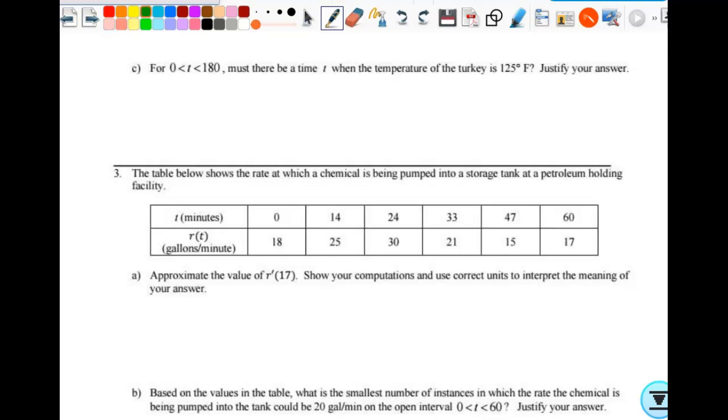What is it that we're talking about? The turkey. The temperature. Is temperature continuous? Yes. So they don't have to tell us, since we know what the context is, temperature is continuous. It's not going to jump from one to the other. So we can say, since temperature is continuous,